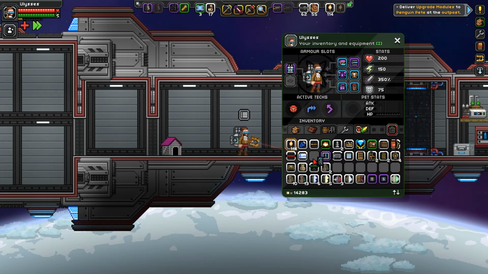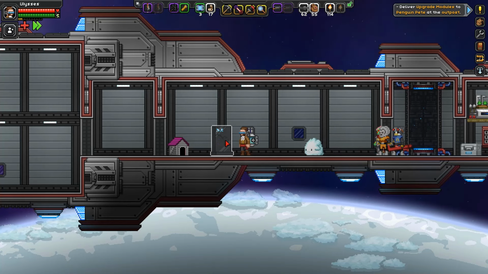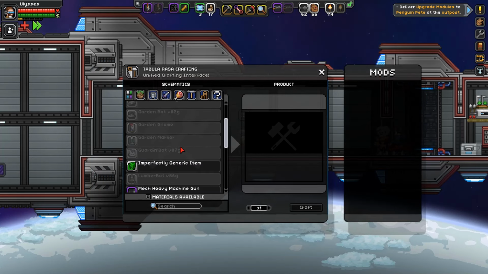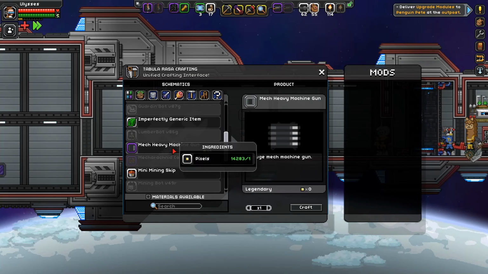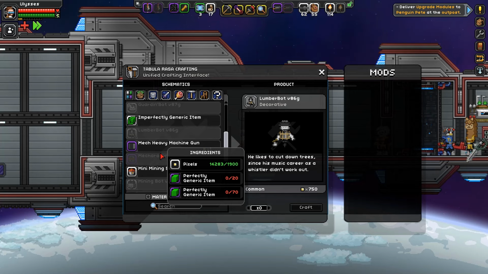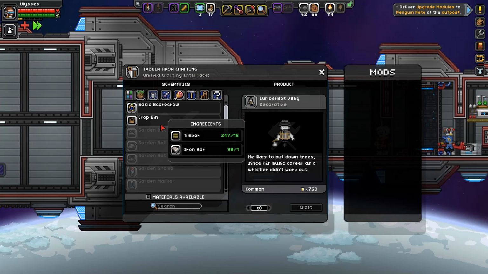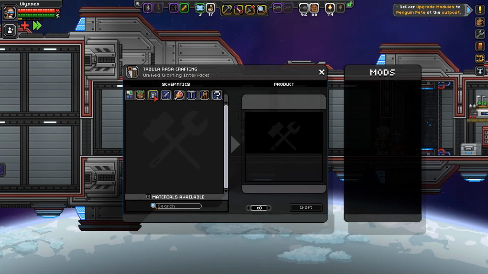Next up on our list of mods, I really need to learn to organize myself. This is Tabula Rasa, and the idea is that it's sort of, ooh, this is interesting, an imperfectly generic item. Perhaps this one didn't stay in the oven long enough. Heavy machine gun. But as you can kind of see here, oh, that's a spoiler. What this mod does is it basically lets you craft, it's sort of like a repository where the whole point of it is you can craft all your mod items all in one place, so you can find anything, like if you're a mod creator and you want your stuff to